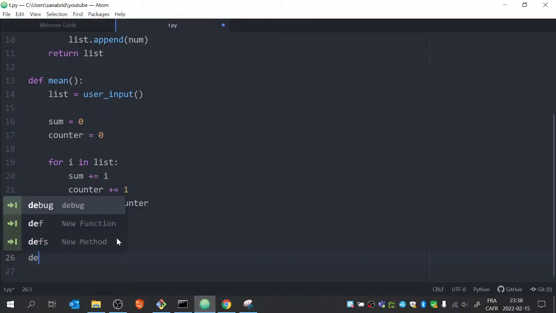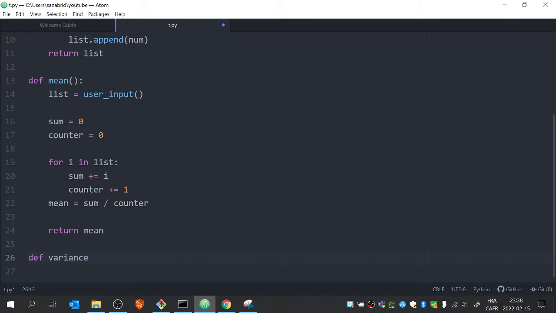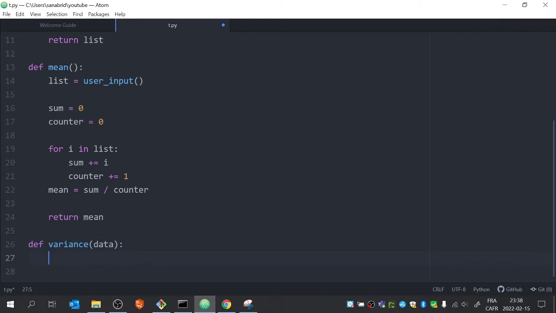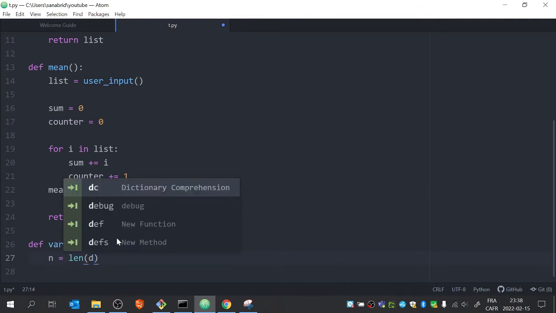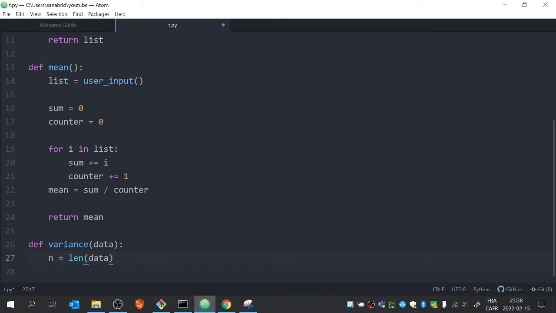So we can call it variance. We're gonna get variance from there. What we require from this is the data, right? So we're going to put data right there. The amount of items is going to be n, and we're going to use the len method of this data, right? So we're going to count the number of items to get an integer from there,